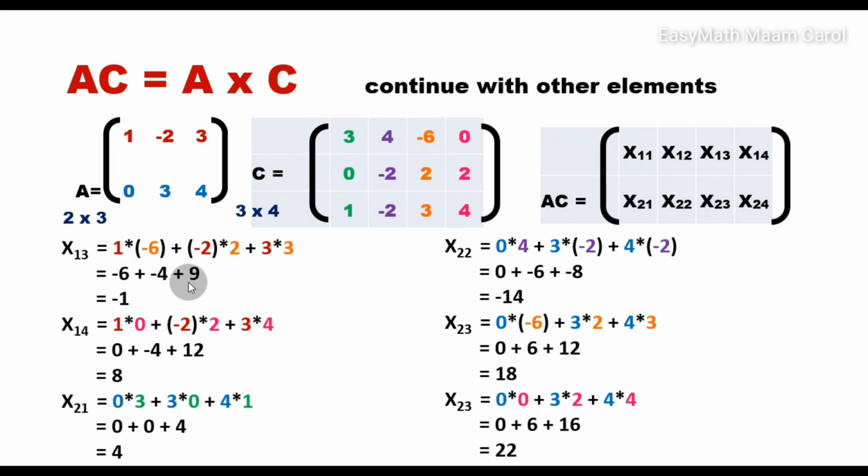So, adding this, negative 6 at saka negative 4, magiging negative 10 yon. Negative 10 plus 9 is equal to negative 1. Kasi yung negative 10 at saka yung 9, magkaibang sign siya. So, you have to subtract. At dahil mas malaki yung absolute value ng negative 10, kaya negative yung answer. So, negative 1. So, finally, dun sa first row, last column nung AC natin, so that's x14, we multiply all